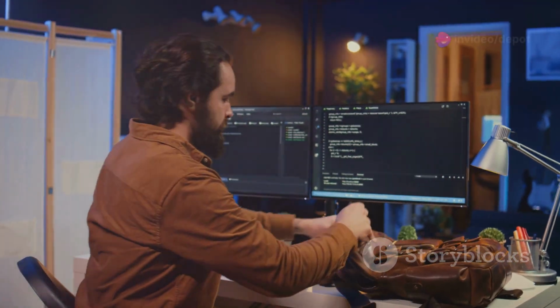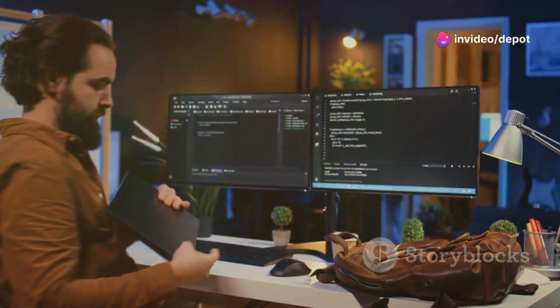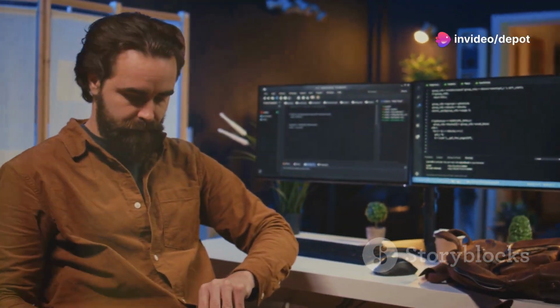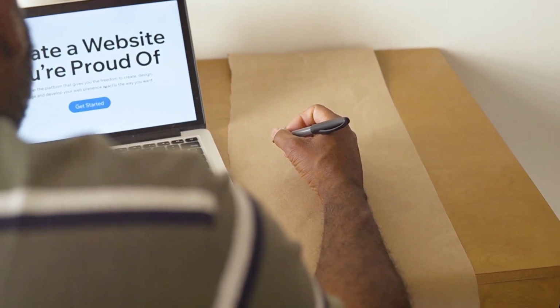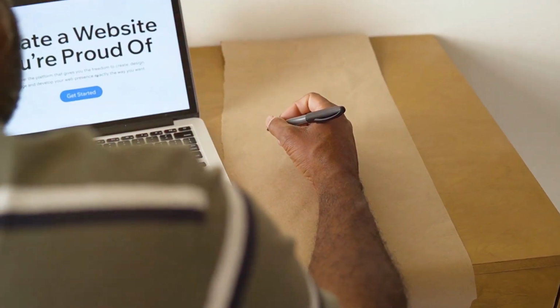So what are you waiting for? The world of WordPress is vast and full of opportunities. Dive in and start exploring. Put your newfound knowledge into practice and take your WordPress skills to the next level. The journey of learning never truly ends, and each step